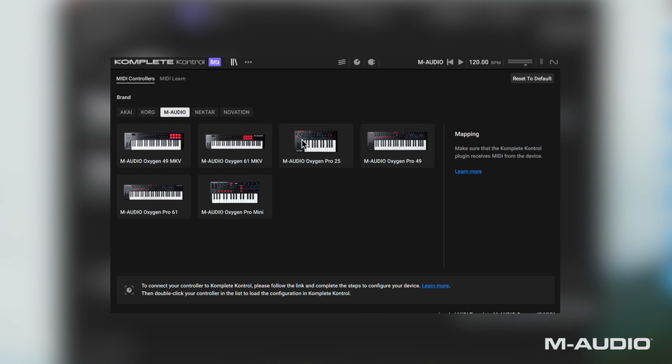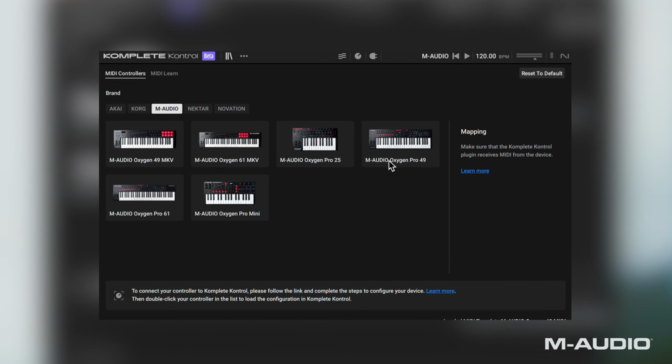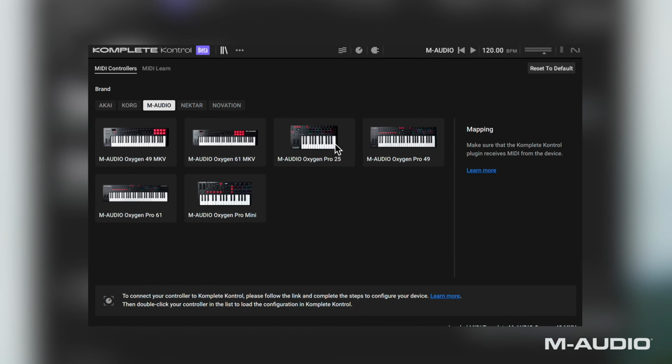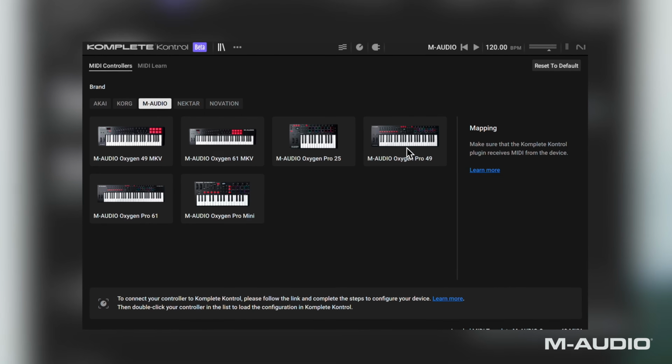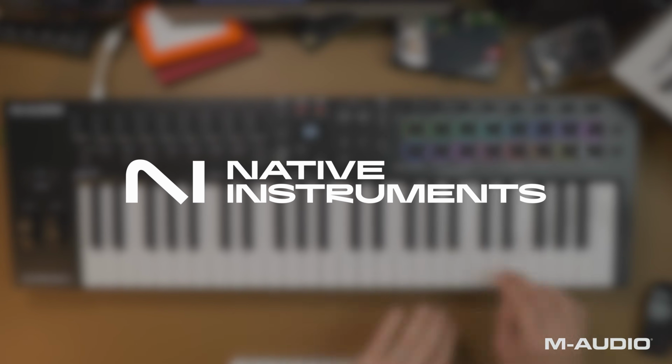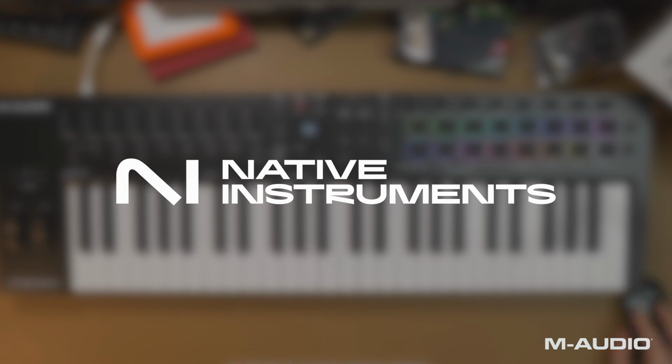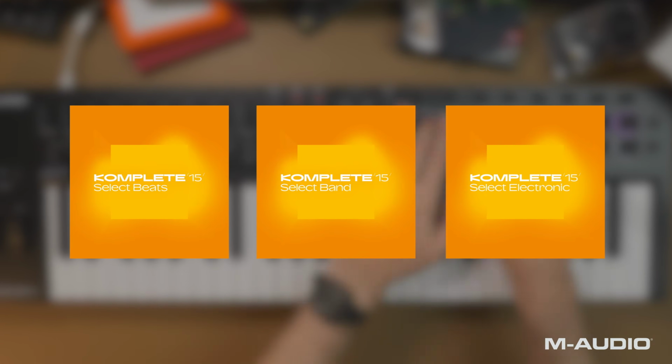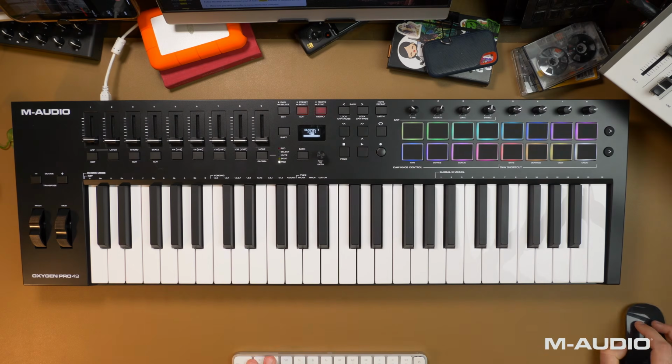It's all about hands-on control, and it's coming to the Oxygen Pro Mini, the Pro 25, Pro 49 and 61, and the MKV 49 and 61 legacy controllers. This is a huge workflow upgrade for M-Audio Oxygen controller users. All of the sounds you're hearing in this beat were made with Native Instruments sounds, so it's worth downloading Komplete Kontrol, check out what sounds you've got, pull out your M-Audio keyboard, and start making some